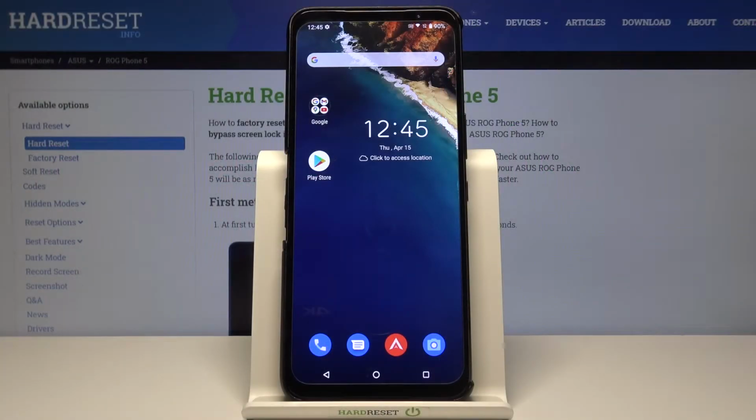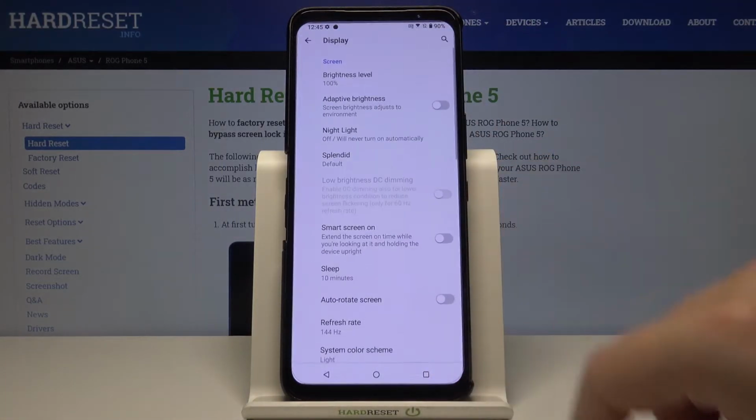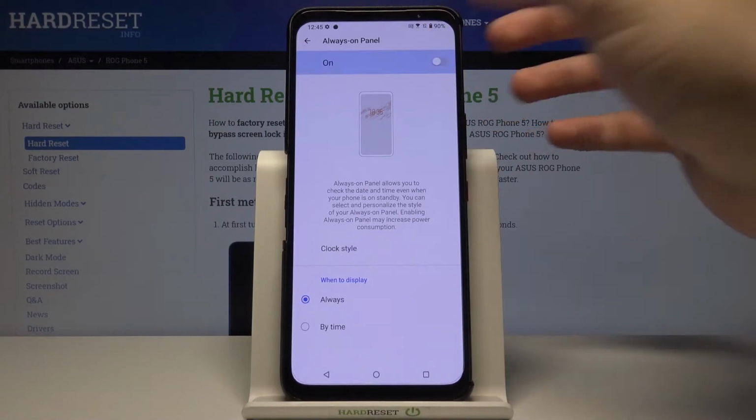Welcome, in front of me I have ASUS ROG Phone 5, and today I'll show you how you can customize always on display. So at the first we have to simply go for the settings, find display, scroll down all the way down and go for the always on panel,